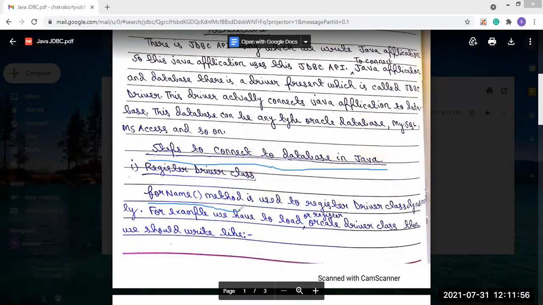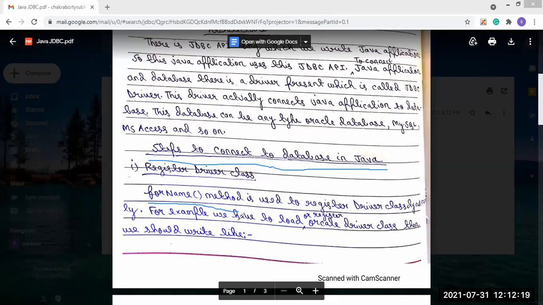Now what does this forName method do? This forName method is used to register the driver class dynamically. It registers the JDBC driver, which I will talk about later, that connects the Java application to the database.